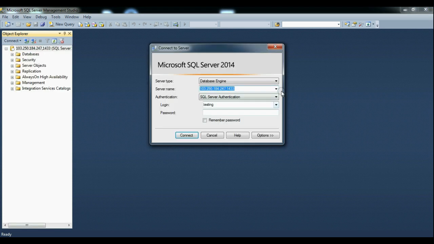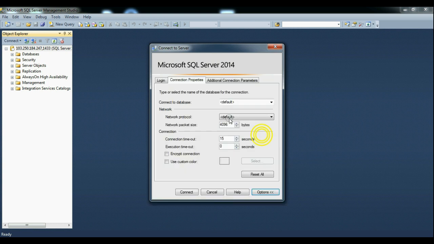In settings, how to specify the additional settings for connecting to the database. For that you have to go to options. You can see the connection properties. Here you can specify how to connect to the database, or you can specify the protocols, or you can specify the timeout for execution and connection. Here the connection timeout is 15 seconds. It means it will attempt to connect to the remote server for at least 15 seconds before giving you the timeout